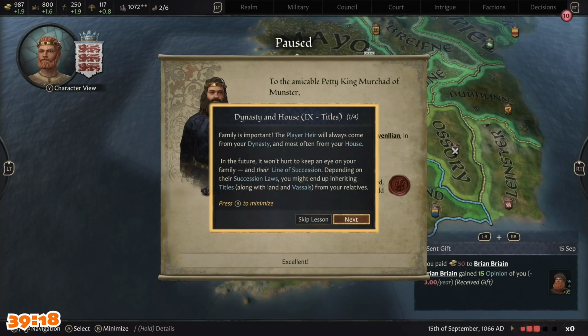Family is important. The player heir will always come from your dynasty and most often from your house. In the future, it won't hurt to keep an eye on your family and their line of succession. Depending on their succession laws, you might end up inheriting titles. Okay. Right,